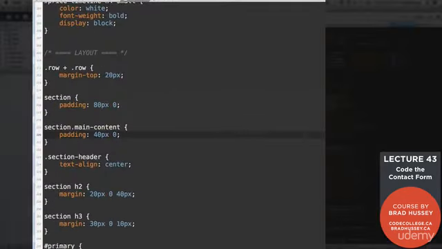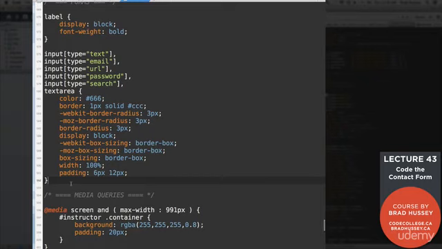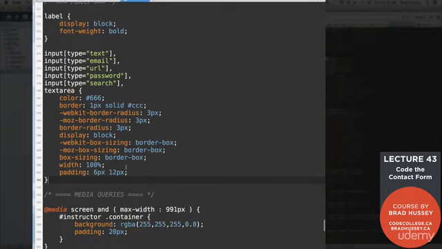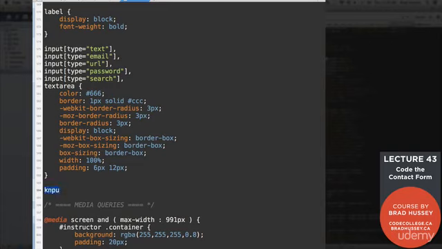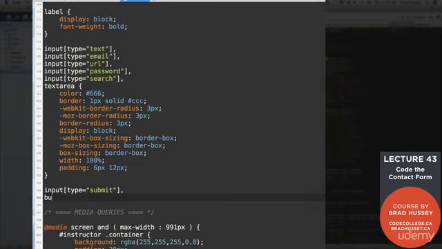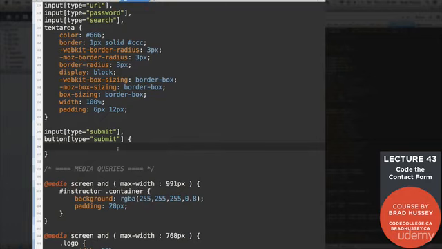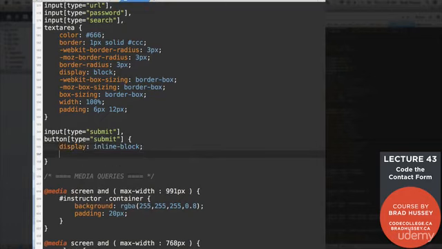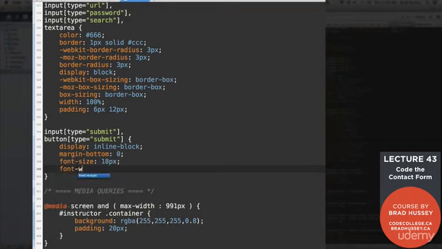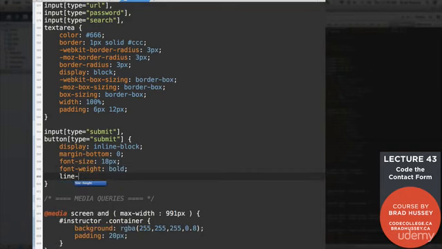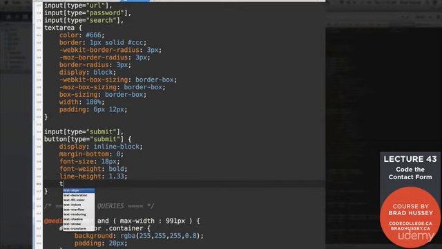Jump into your CSS. It'll be super quick. Scroll up to your forms styles right here. And after your input styles, we're going to do a couple quick things right here. We're going to select input type submit, and button type submit. And then we're going to display inline-block, margin-bottom 0, font-size 18 pixels, font-weight bold, line-height 1.33, text-align center,